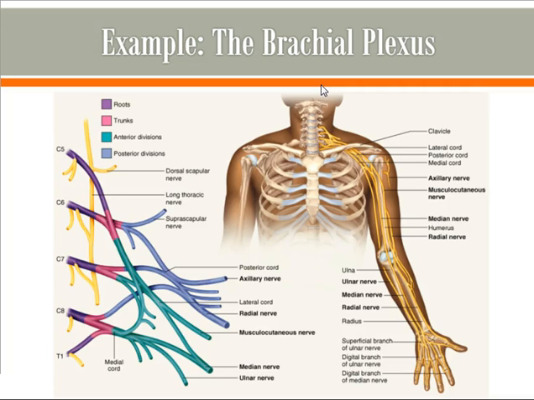You don't have plexuses occurring in the thoracic region. So you just get these one-to-one spinal nerves that go off, and then they go their separate ways directly to the muscles they need to innervate. But then you get another plexus once you hit the lumbar region, and most of those are going to end up going into the leg. And similarly, you have a sacral plexus as well.